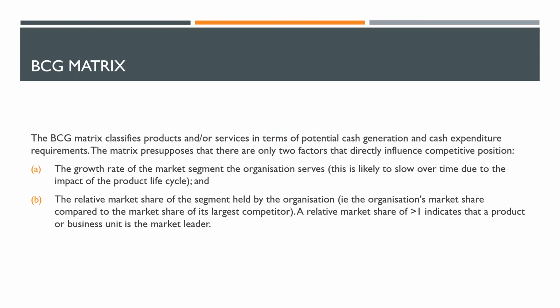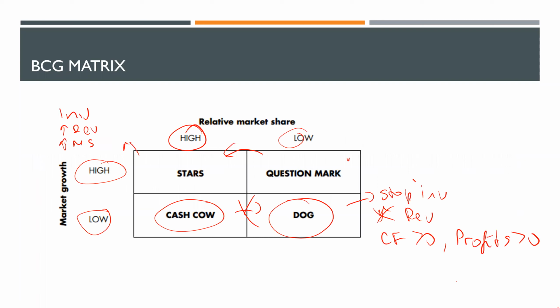You have that broad explanation of the model in your textbooks, and please understand that in advanced performance management you are not asked to explain the model. You are asked to explain the mechanism of the model, and it will take you something from 2 to 3 lines to get a mark. And you need to explain mechanism, which means you need to explain the features. So when we talk about Boston Consulting Group